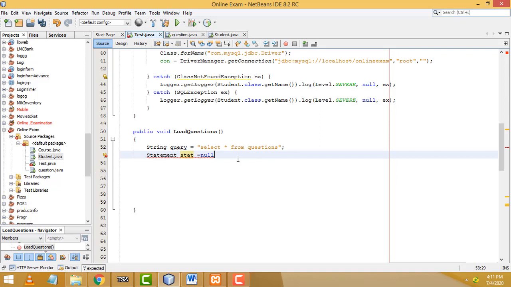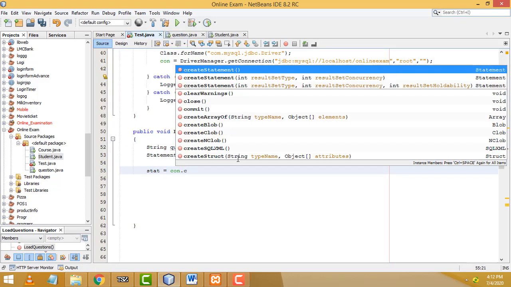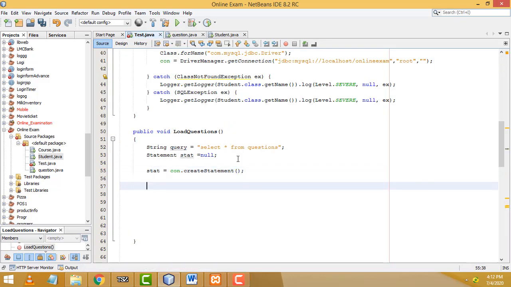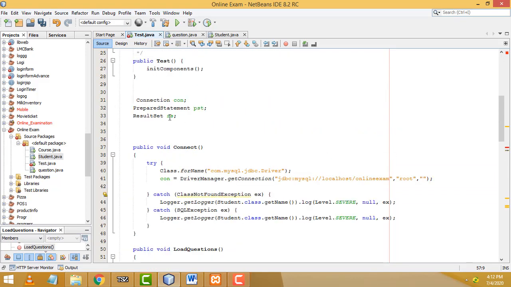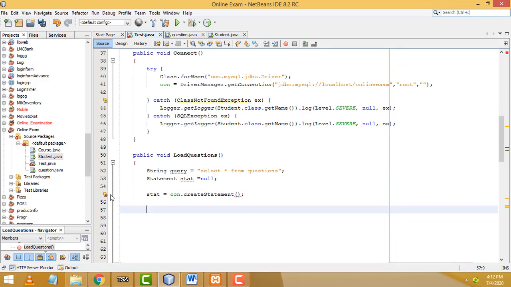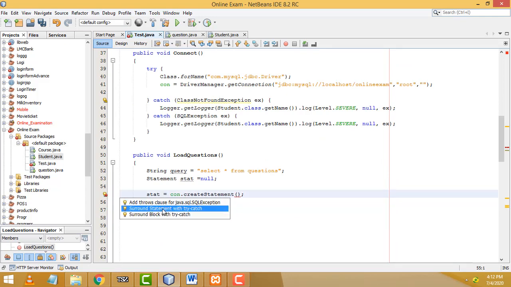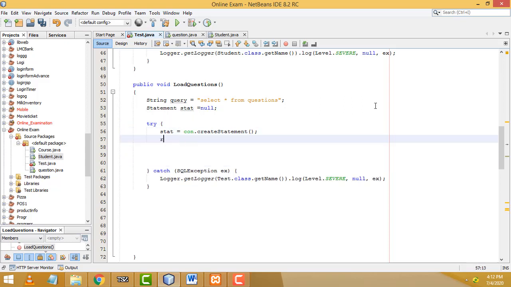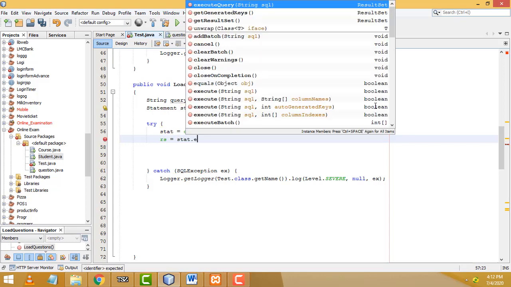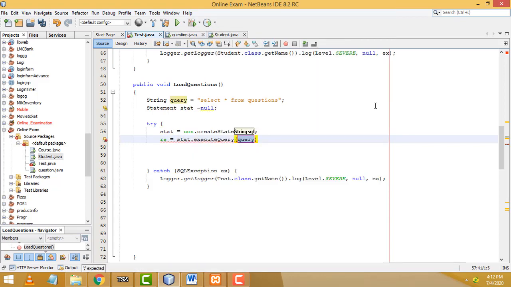After that, statement object equal connection dot createStatement. Now you have to write the result set object rs. Add the try and catch, and write result set object rs equal stat dot executeQuery. Here we have to paste this query.